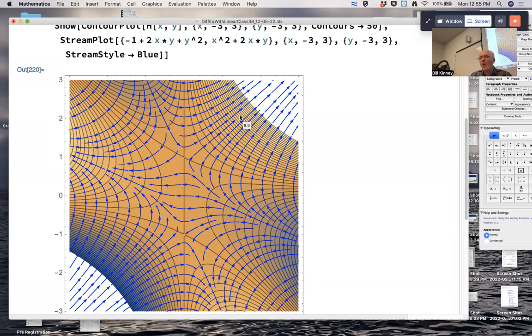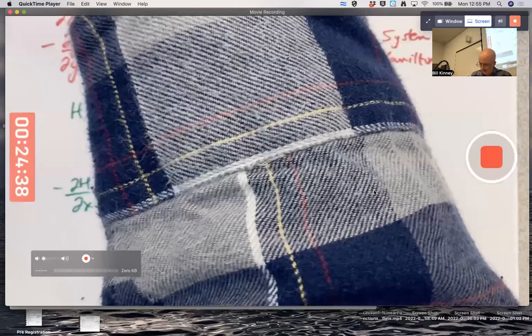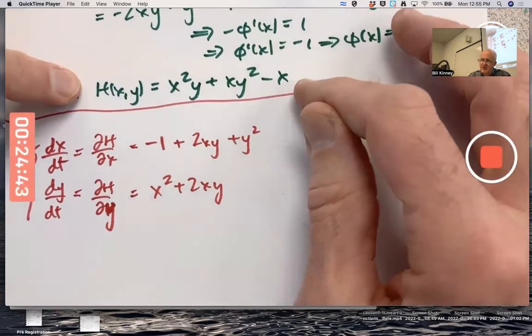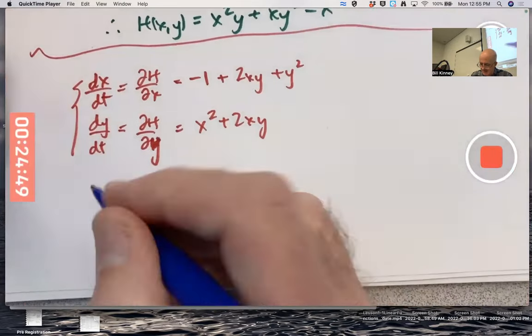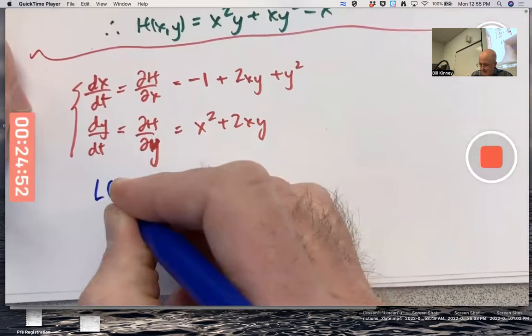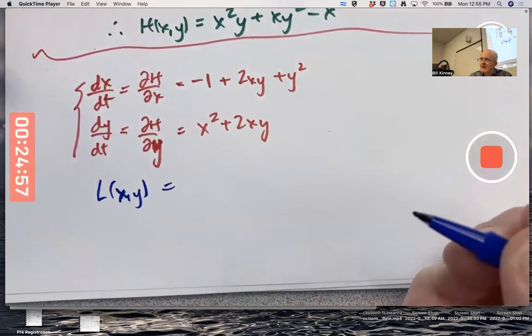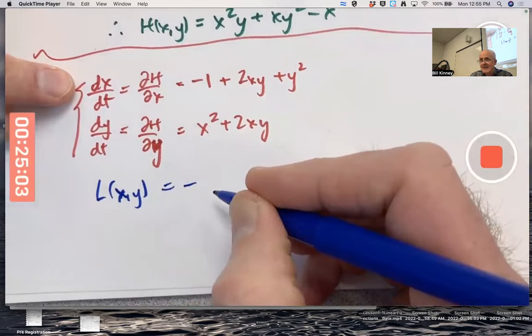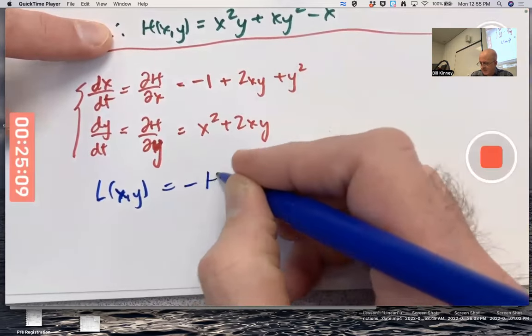Gradient systems also always have something called the Lyapunov function. And for a gradient system, the Lyapunov function is the opposite of the potential function. Give it a new name, call it L(x,y) in honor of Lyapunov, Russian mathematician Lyapunov. Usually, if we're calling the potential function V, we'd say it's -V(x,y), but I didn't bother changing the name of the function here. Still calling it H. -H(x,y)